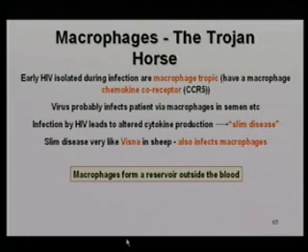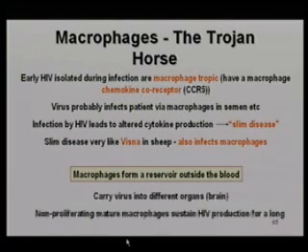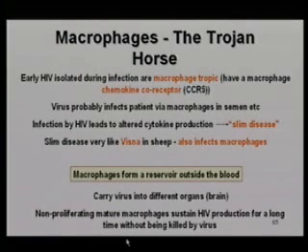They also form a reservoir outside the blood. They're also the cells that can take HIV into the brain, and then brain cells get infected. And the mature macrophages can just go on budding out virus for a long period of time. So we look at HIV, we look at AIDS, and we say CD4 cells, and of course the loss of CD4 cells is the reason why the patient goes down with immunocompromising disease. But the macrophages and other cells are also infected, and they have an importance.